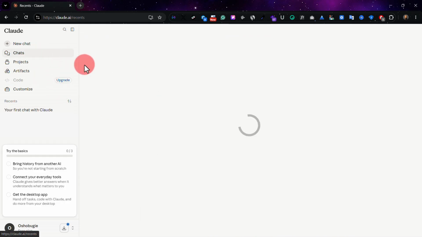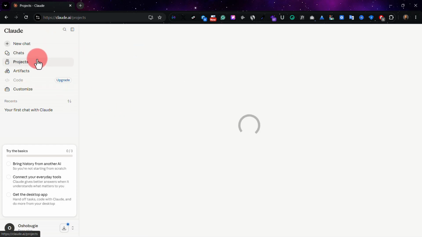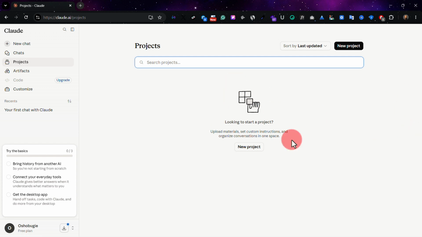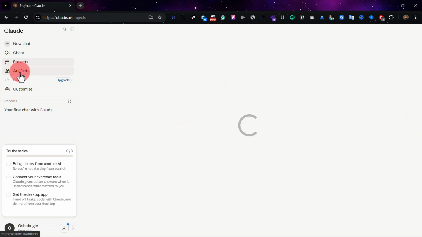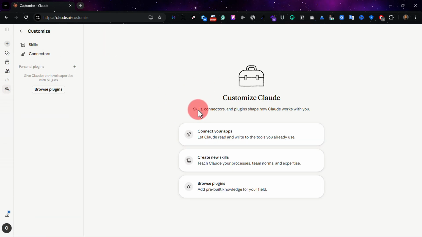There is all your chat history where you see everything here. Then this is project where you can create projects. We'll be talking more about this. Then we'll be talking about artifacts. You can also create artifacts. This is Claude Code, the favorite Claude Code, but it's under pro. Then customize, right? You can